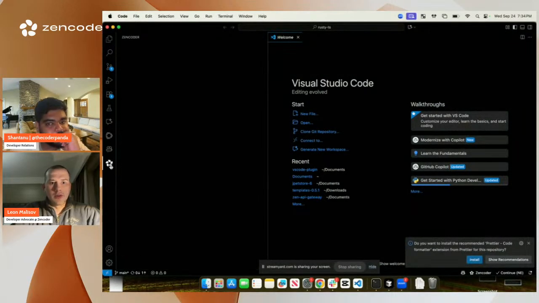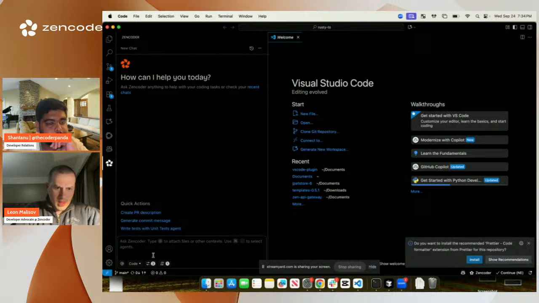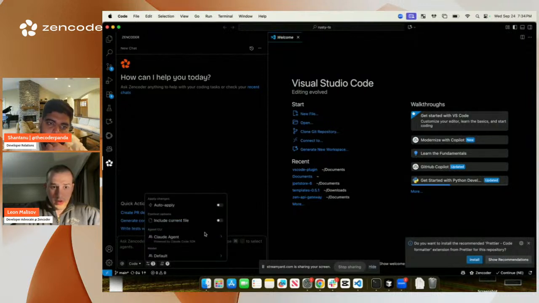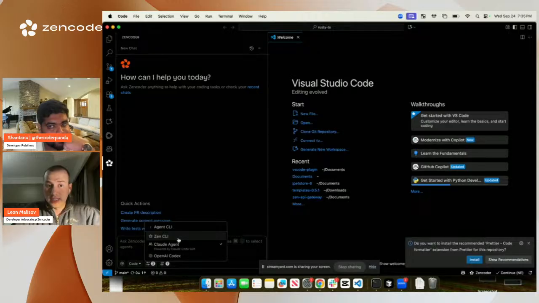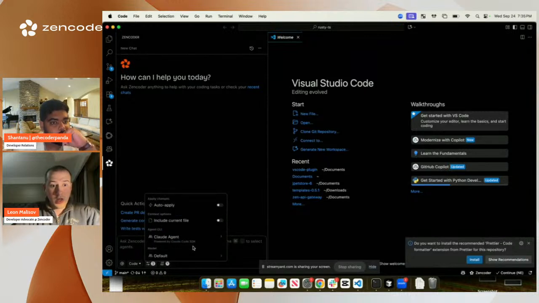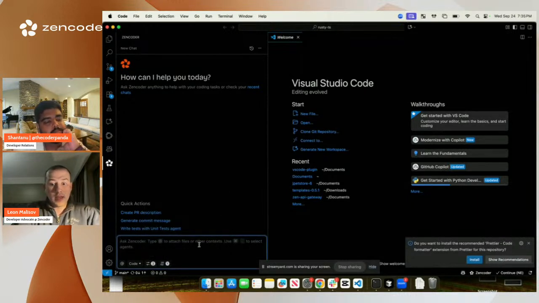So here I have one of my repositories. Right from the get-go, you can see that we have a new selection area down here in the chat box. Next to the model selector, you'll also find the agent CLI. That's essentially which runtime your agent is going to be using behind the scenes. Of course, you can have the Zen CLI off the bat, and that's going to give you a Zencoder flavor that you're already used to, and that is going to bill your inference directly from your Zencoder plan. However, let's say you have a Claude Code subscription. I can select Claude Agent, and then I can